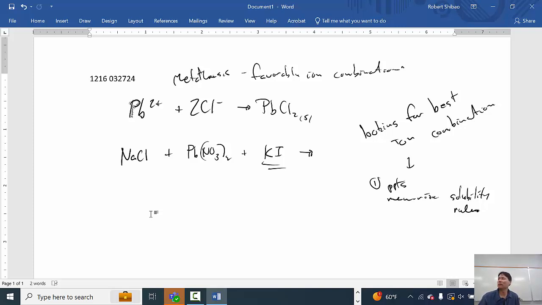So then 2 would be gas formation and 3 would be... Yes, right. You remember. That's good. 2 would be gas formation. Unfortunately, it requires some memorization, but less than the solubility rules. That would be like we did yesterday. And then 3 would be